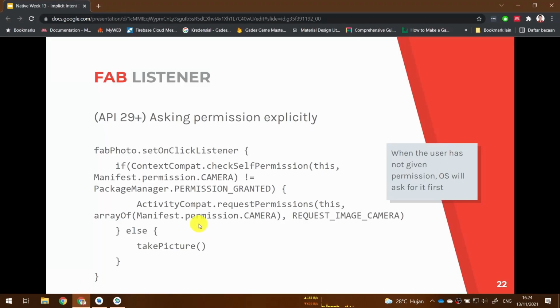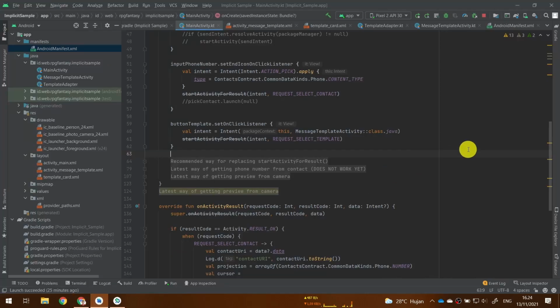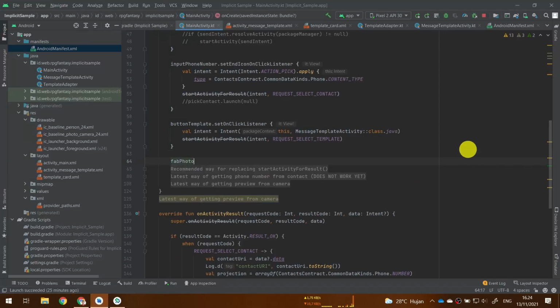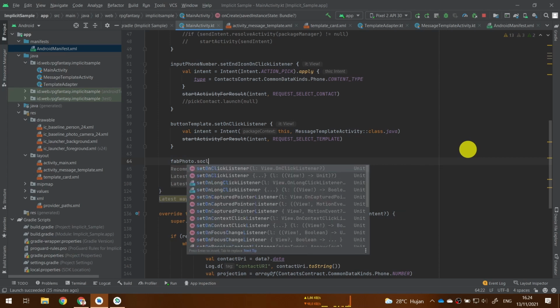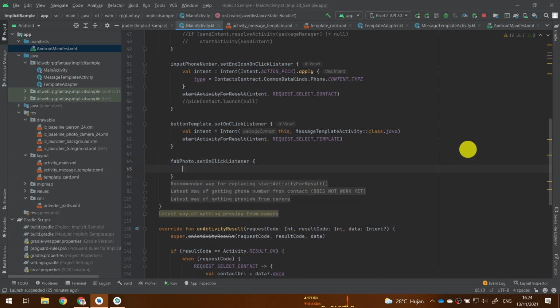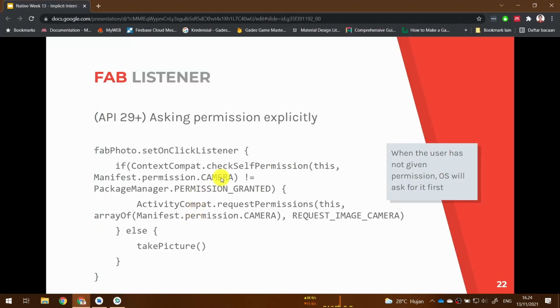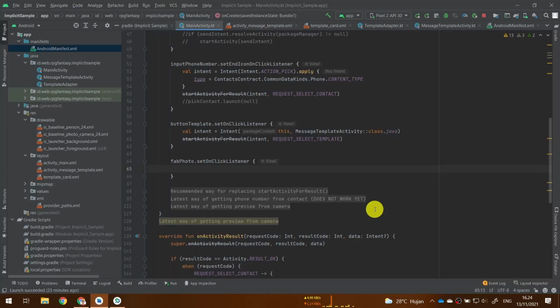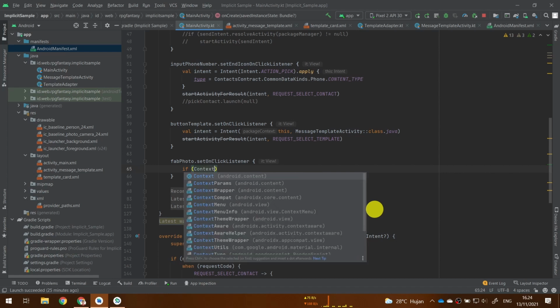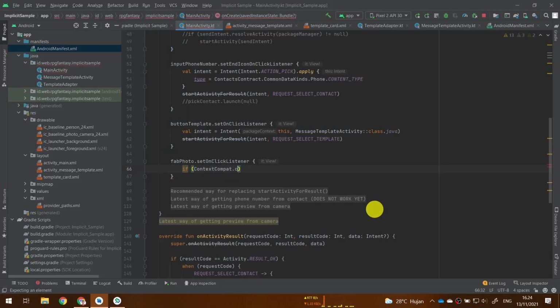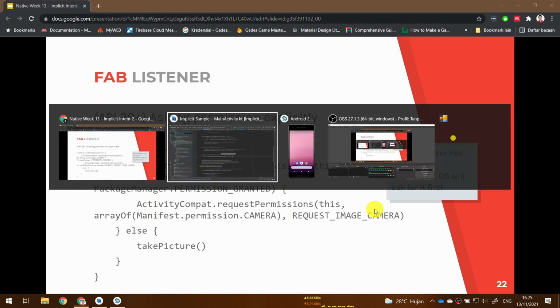Okay, let's add the listener for our FAB. FAB photo dot set on click listener. Let's check first if the camera permission is never granted. If context compat dot check self permission, the context first is this, and then the permission is from the manifest.